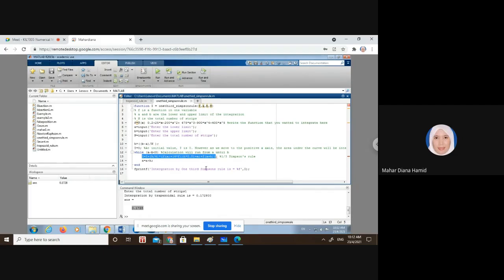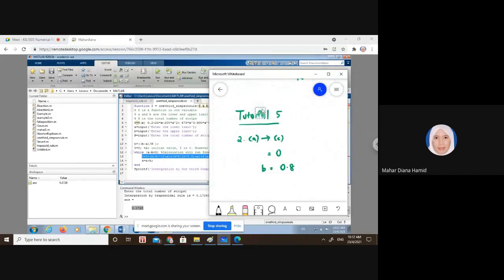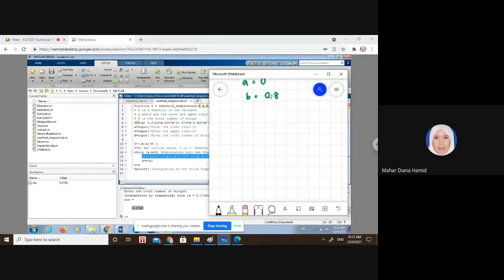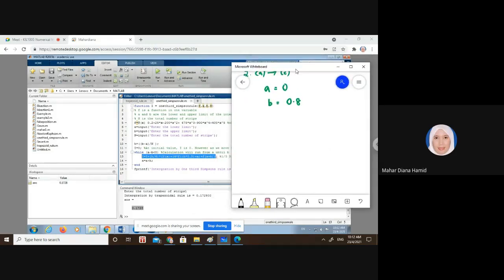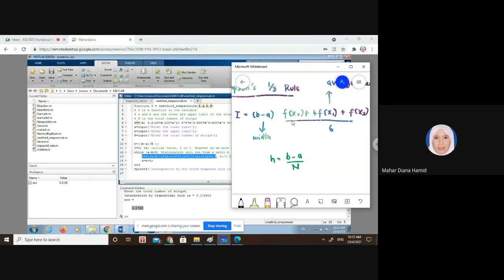So as you can see here, Simpson's rule. If you remember, let's refer back to this, it is this. So if you refer back to Simpson's rule, in order for us to use it,